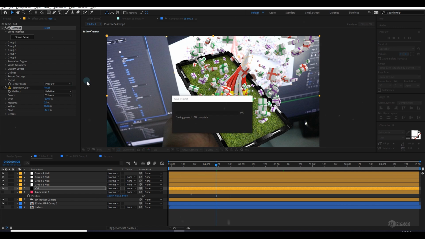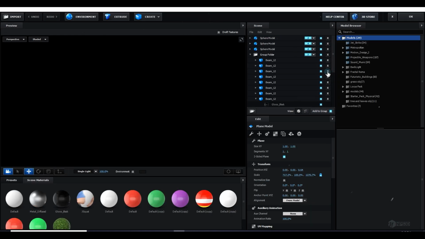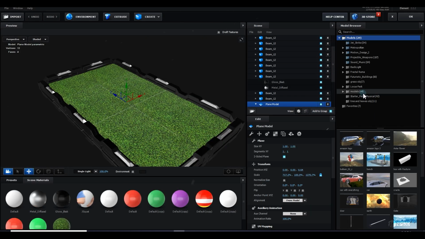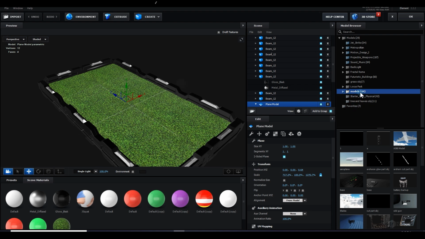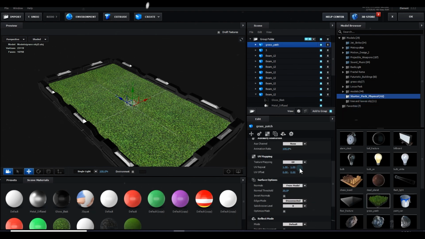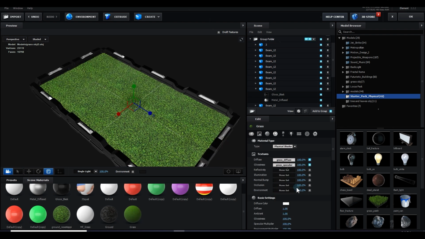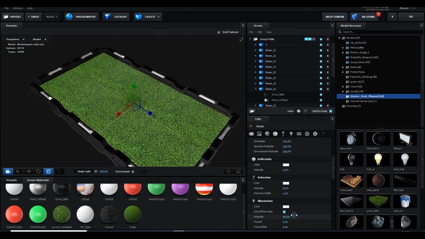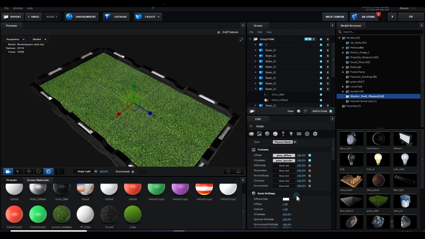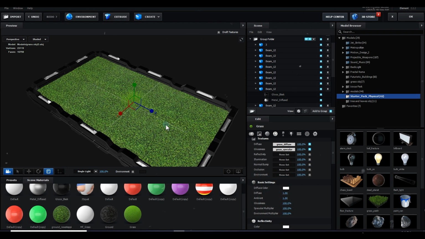So let's check this one. This looks good. You can even spread the grass all around if you want, or you can go to the starter pack and there is already a grass available. You can use that one if you want. So I'm going to use my own, and I will go to the starter pack, and here is a grass which you can use if you want. I'm going to use only the texture of that grass, and I can select this and go to the illumination, and it will bump it this way. And I can change it to another color if I want.